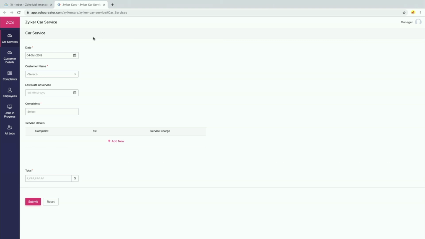Whenever you are sharing it with someone who is new to Creator, they will first be guided through a password setup process. It's just a 1 minute redirection; you'll have to do the password setup and then you'll be guided into the application. So I have access here now.